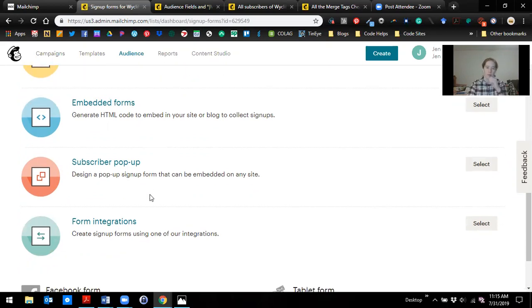The next is subscriber pop-up. So this is referring to, you know, when you're on a website and you go to close out the site and something pops up on top of it that says, do you want to subscribe to our email? Are you sure you don't want to receive this? Would you like to do this? And you have to close it out before you can get away from the web page. That's a subscriber pop-up. So if you want to use that for a sign-up form on your blog or website,